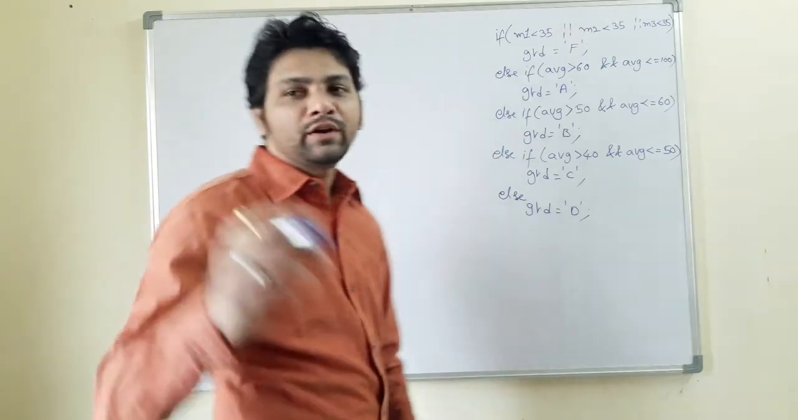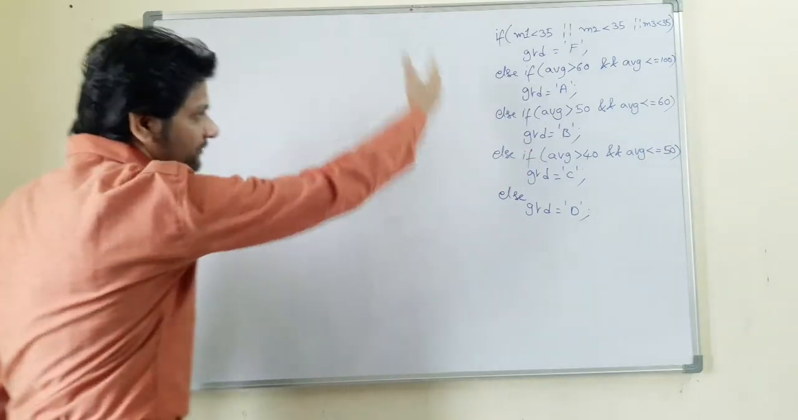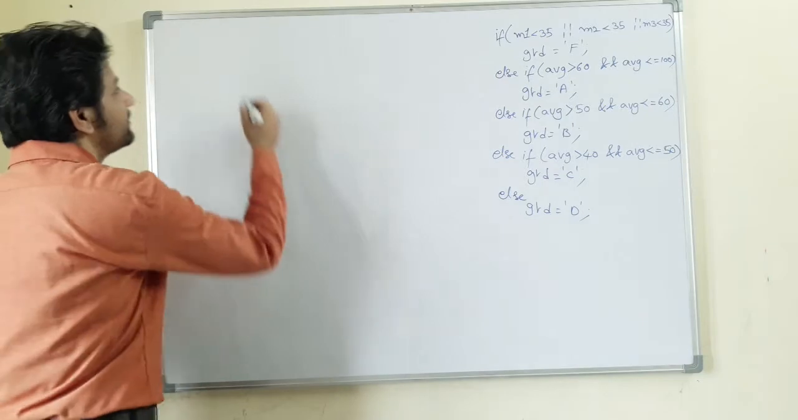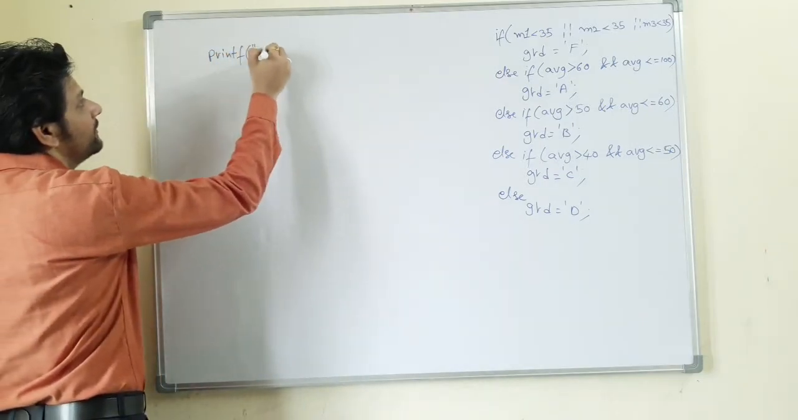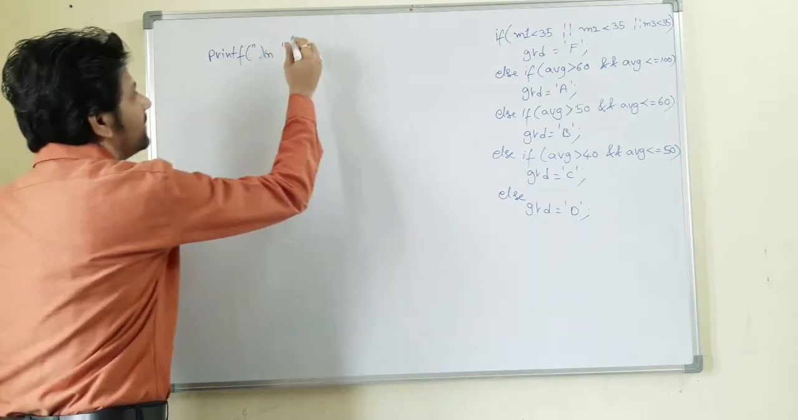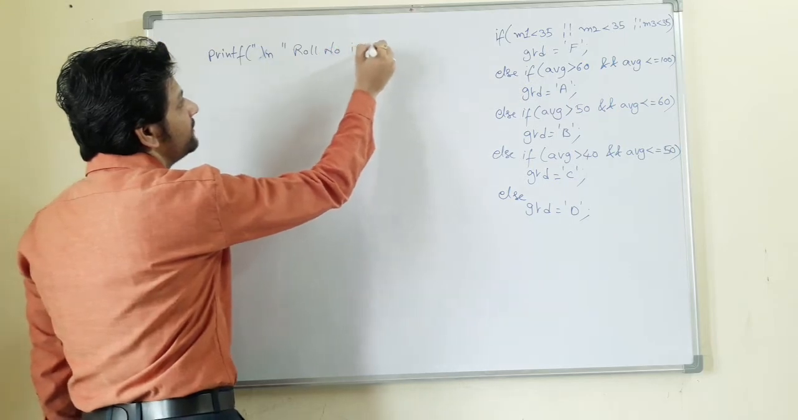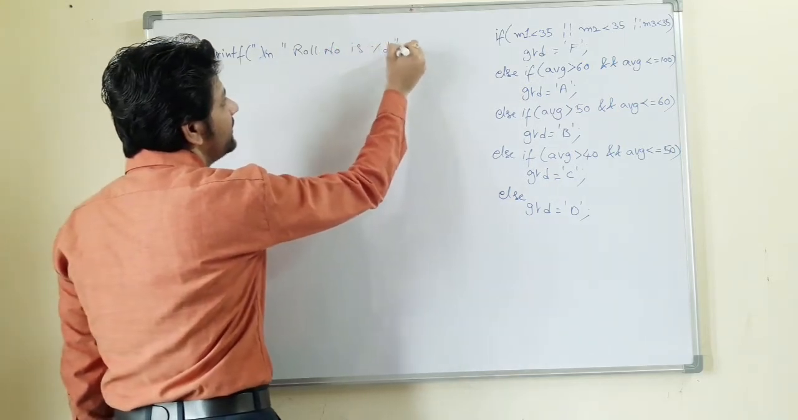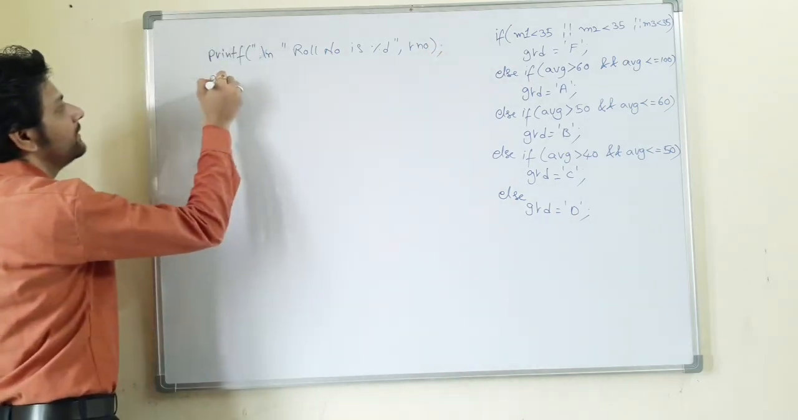Now we are going to understand the next steps. After this particular code, you must display the student details. First printf, I am going for \n right now, \n roll number is %d, comma, where is the roll number? Here. Okay, next printf